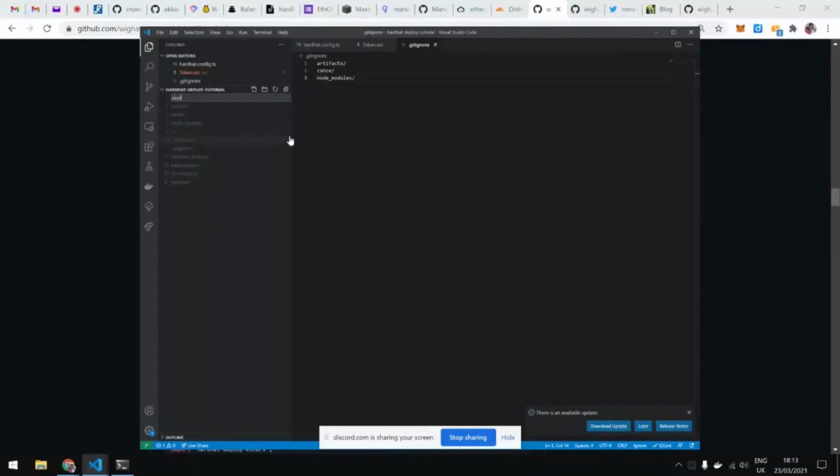So I create a folder called deploy. This is the default. You can also configure it to something else. And then I will call the file 001_deploy. They are executed in alphabetical order, so usually you use this convention.